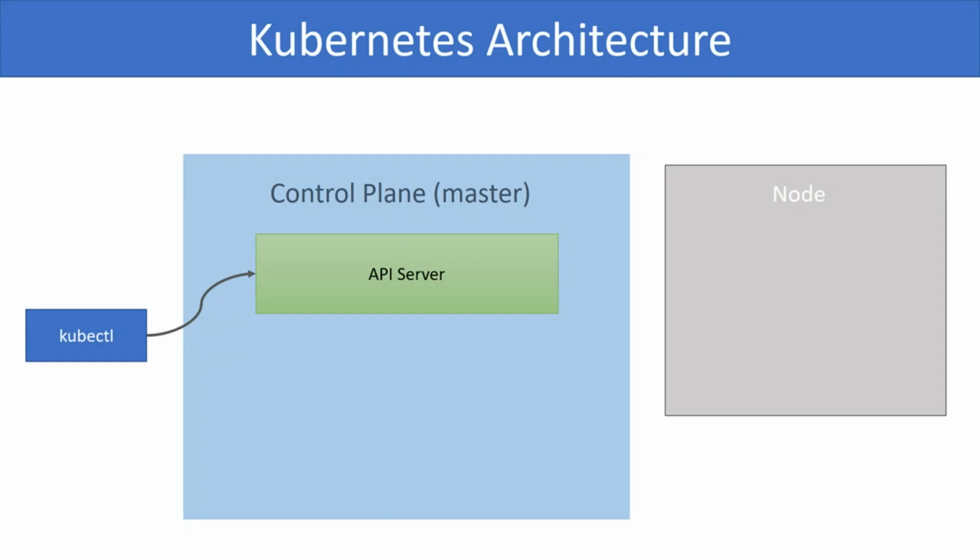The next important component is the cluster state store. The state of the cluster is stored in a key value storage known as etcd. etcd stores the cluster state in a consistent and fault-tolerant way. Any change to configuration is persisted in etcd and then propagated to the other components. etcd functions as a distributed data store and uses the concept of leader election. etcd therefore is more stable if it uses an odd number of nodes.